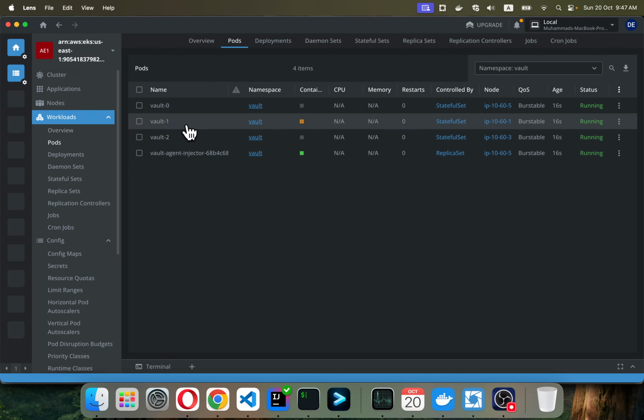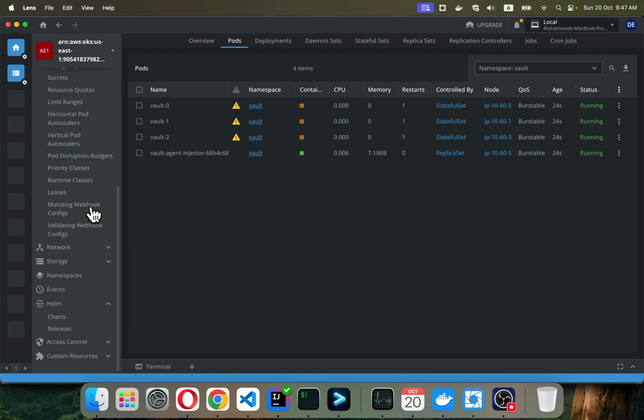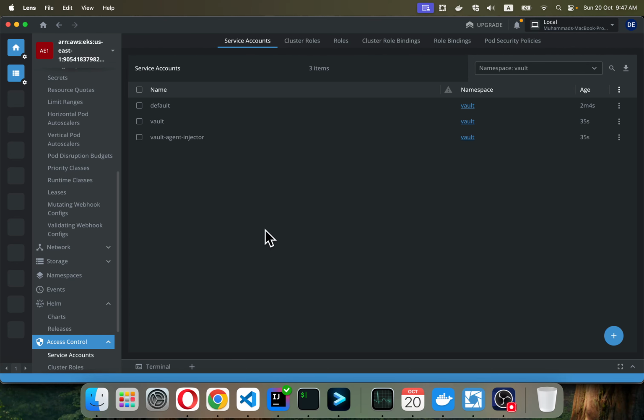So you will see these pods are currently in pending state, and not just in pending state, they are actually restarting. So guys, why are those restarting? Let me show you this section regarding the access control. You will see the service account. By default it has created this service account, but it has no annotation regarding the AWS EKS OIDC role, which we are going to create with the script